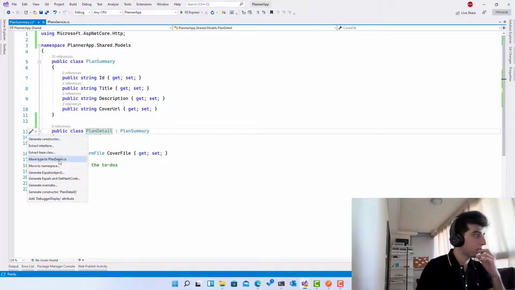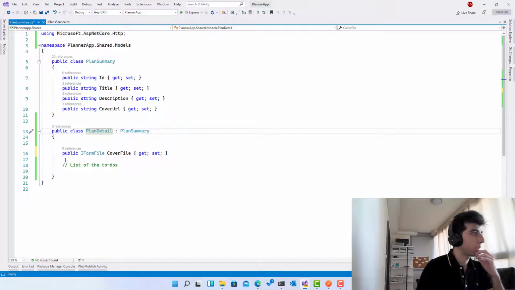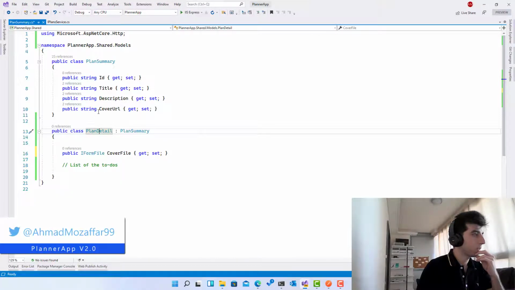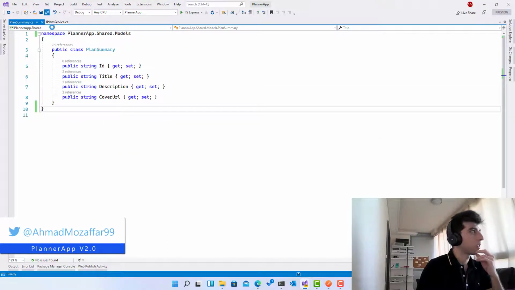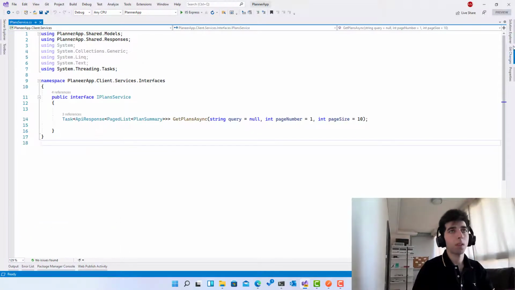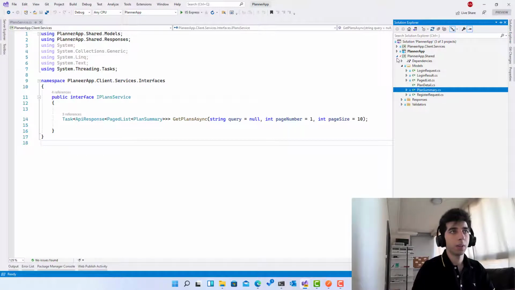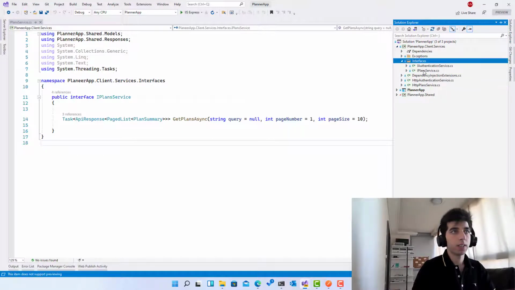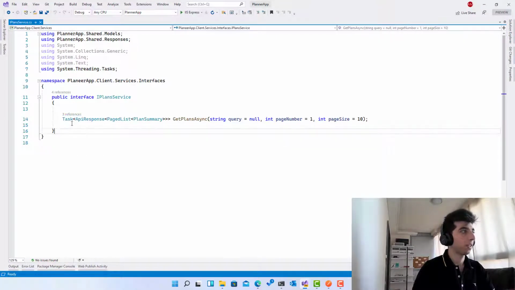So I will click over here on move type to PlanDetail. This is interesting. It looks like nothing happened. Okay, great. So now we have created our details. Now let's go to the interfaces, IPlanService, which is the one I'm in, and let's create two,